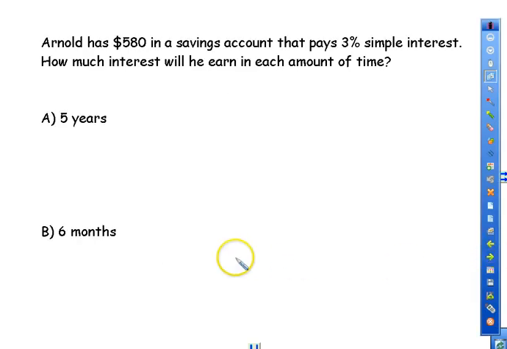So let's look at our first problem. It says Arnold has $580 in a savings account that pays 3% simple interest. How much interest will he earn in each amount of time? Well, 5 years, and again, we're using principal times the rate times the time to find how much interest he'll make. Principal is the amount of money,